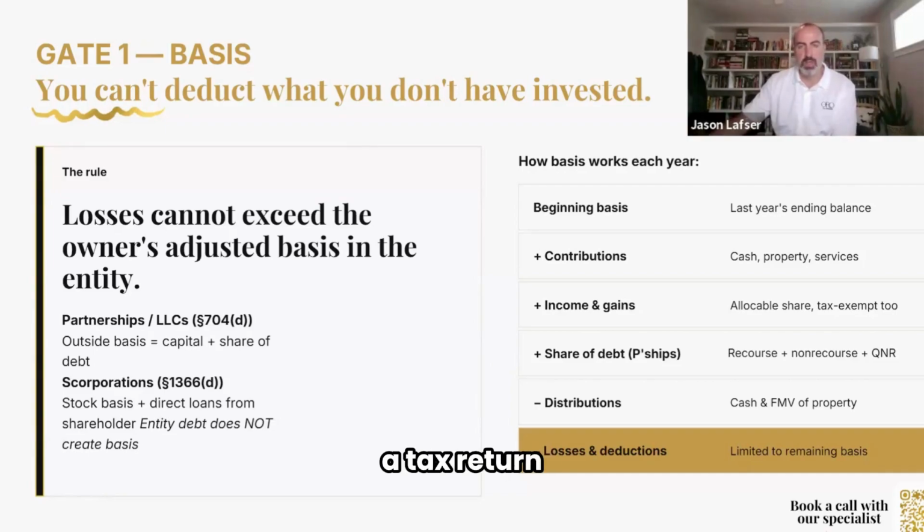I've seen a lot of situations where clients have either been in an income position but taken a lot of distributions out of the company, or been in a loss position and maybe also taken distributions out of the company, and come to a spot of, oh, what do you mean I can't deduct this loss? Or what do you mean I have to pay taxes on those distributions? Because that can happen too when you don't have basis.